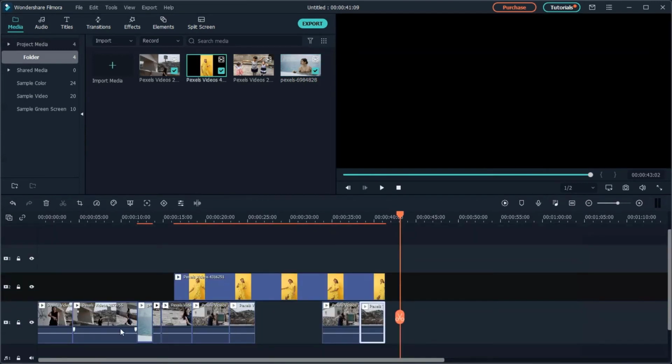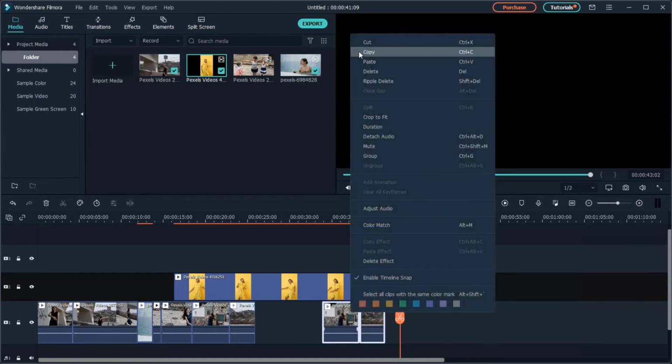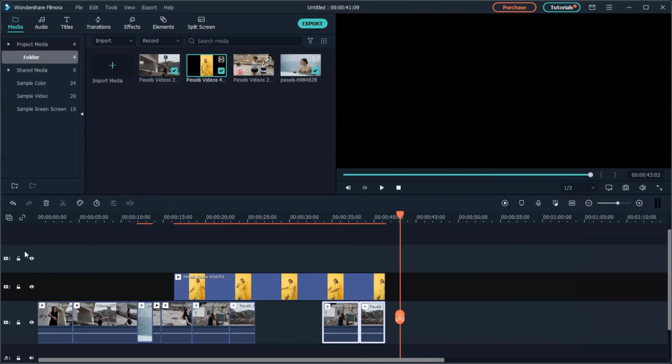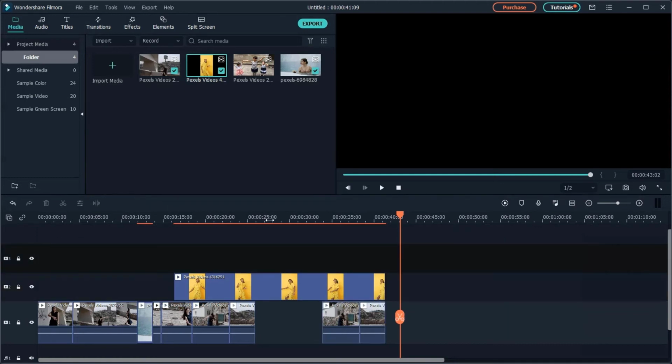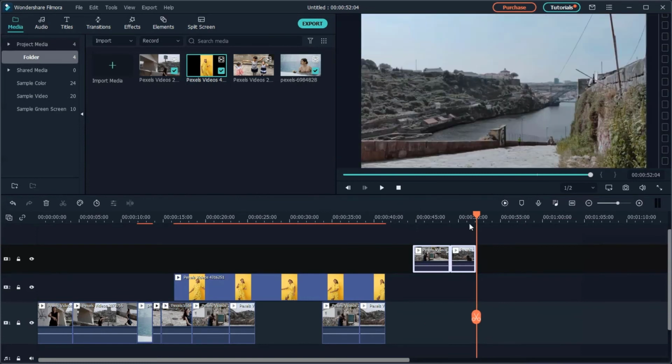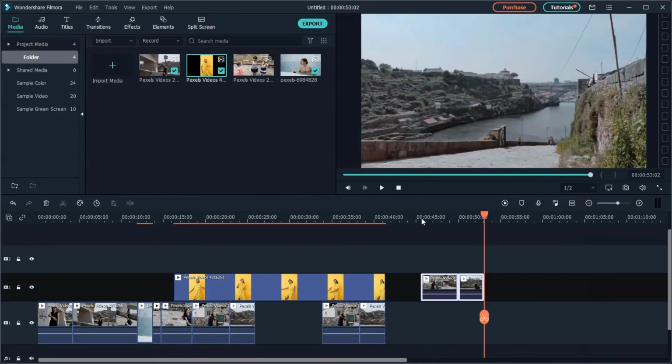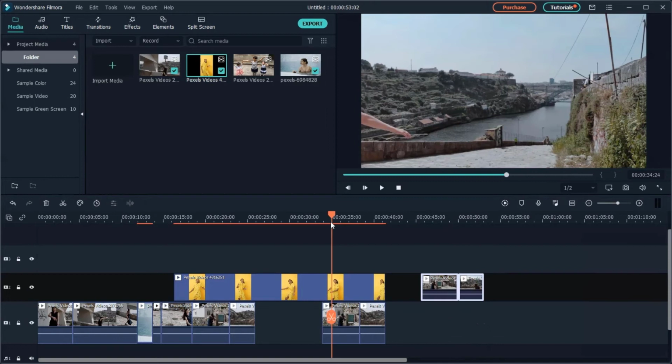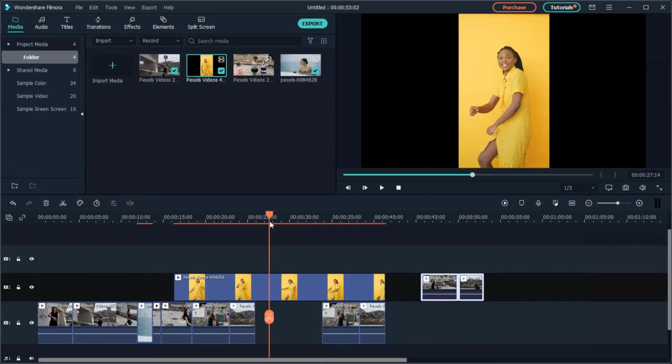You can copy and paste clips in the timeline. When you copy-paste clips, the spacing of the clips is kept. Select one or more clips in the sequence, right-click and then choose Copy. Select the track by clicking here in this area. Place the playhead at the point where you want to paste a copy of the clips and then right-click and choose Paste. If there are other clips in the track, they might be overwritten by the pasted clips.